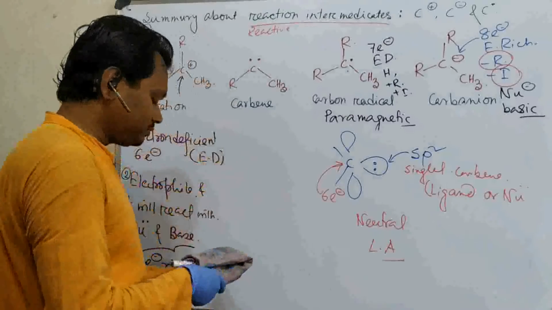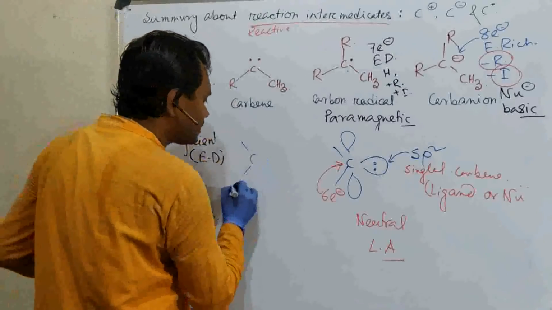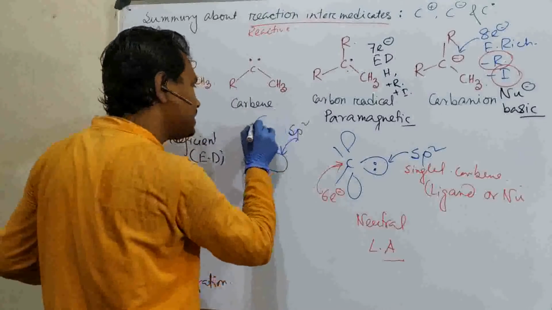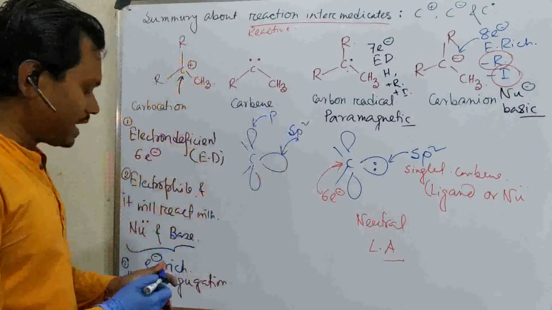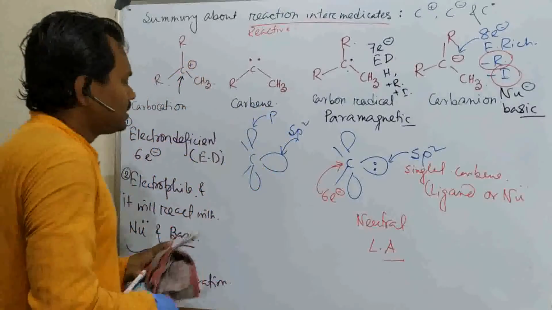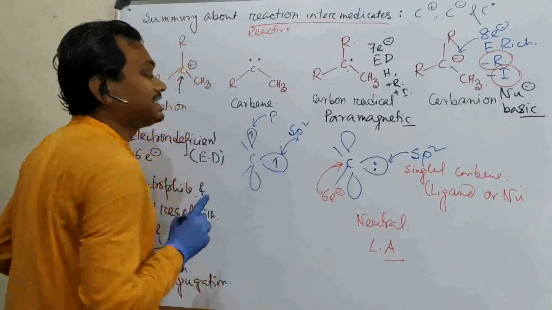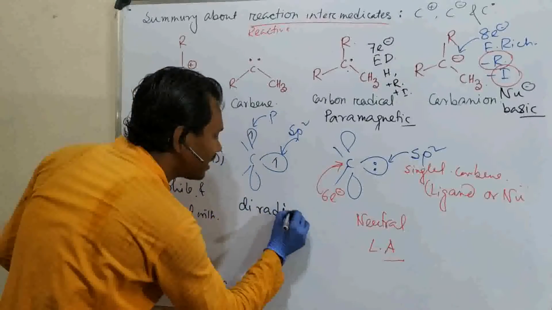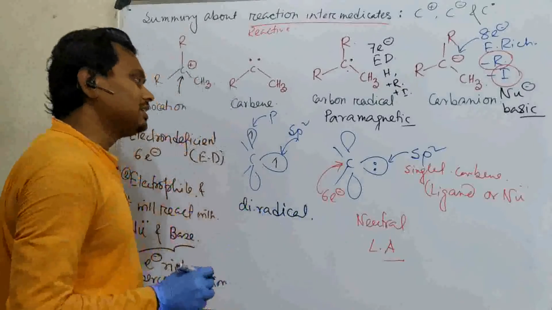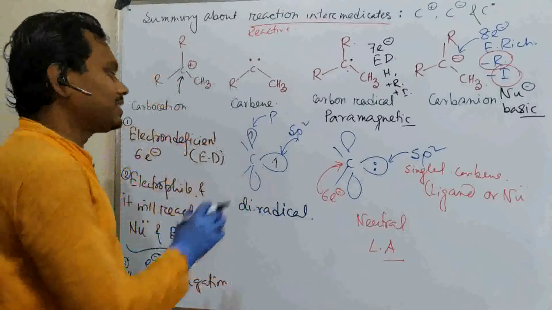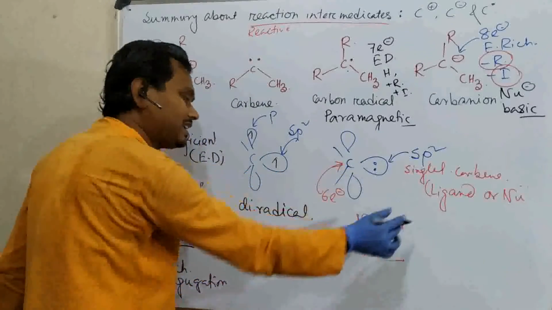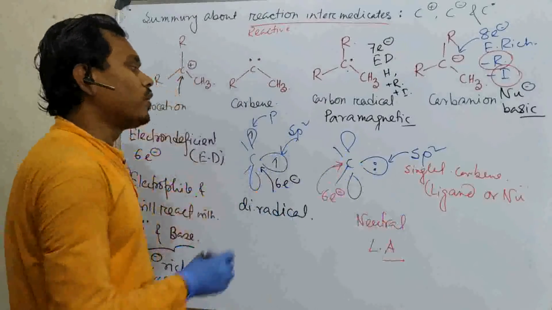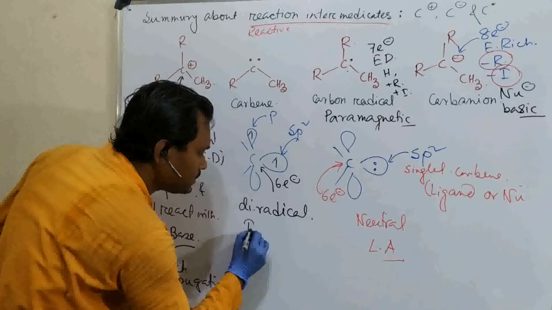What is that? If you take this, this is the sp2 hybridized orbital and this is the p orbital. Now you can see one electron here, one electron here. It is interesting, this is actually a diradical. Another thing, the spin could be the same, unpaired, depending on the conditions. So the carbene has all the characters, electron deficient. This is also a 6 electron species. Now the question is, when it will be this, which is actually a triplet carbene.